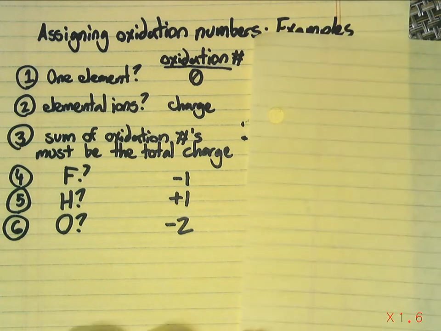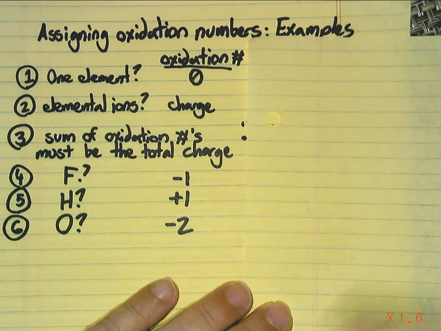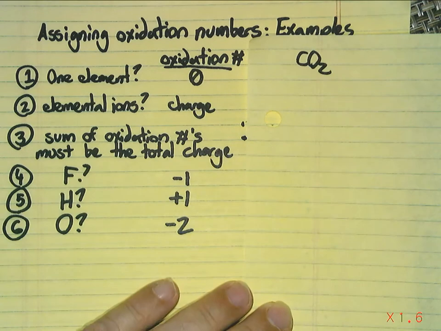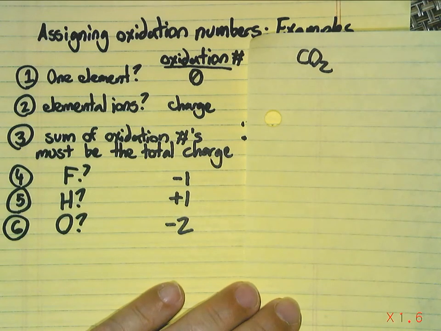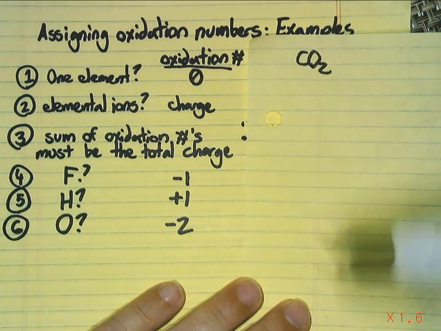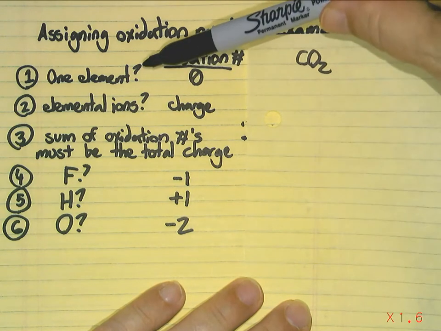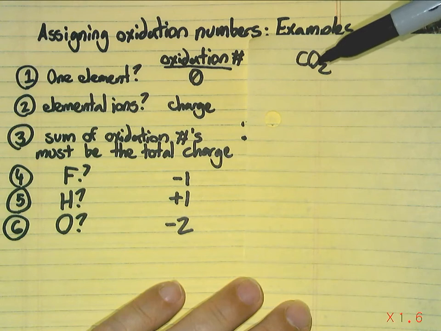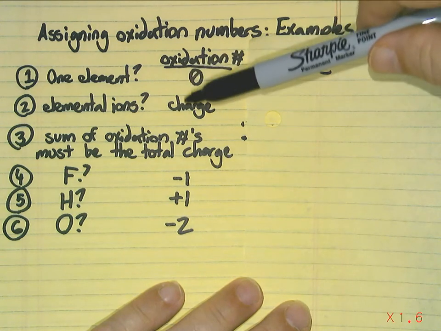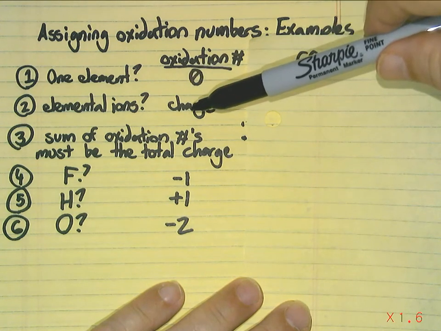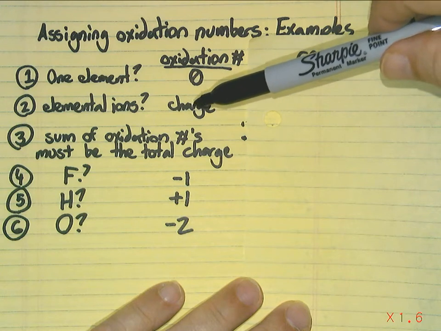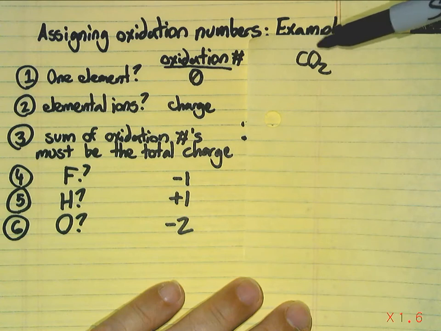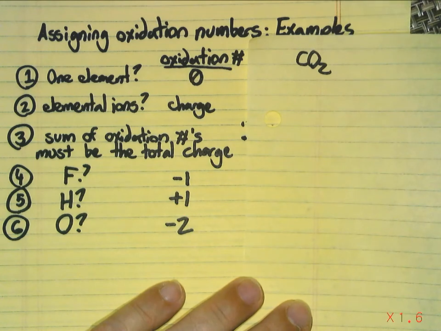Let's try one. Suppose I give you carbon dioxide and I ask, what are the oxidation numbers on the carbon and the oxygen? All right, start with the rules in order. Do you have just one element? No, I've got two elements, carbon and oxygen, so that rule does not apply. Rule 2, do you have any elemental ions? No, you don't have any ions at all